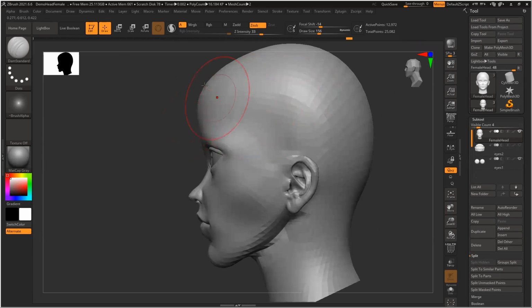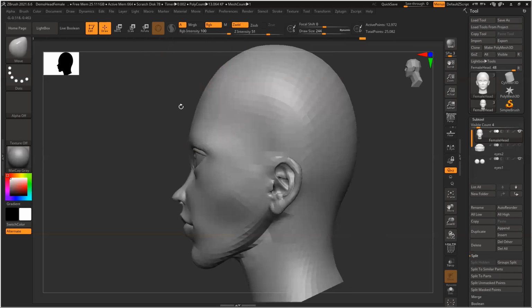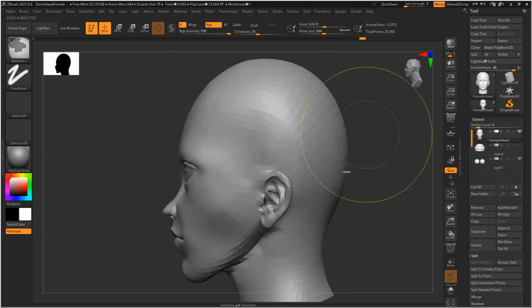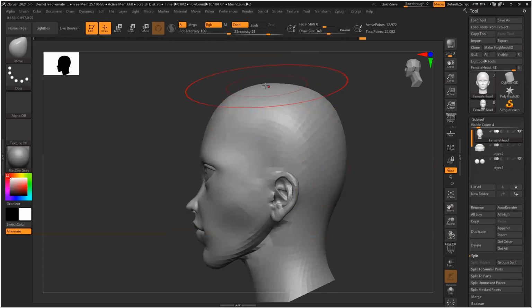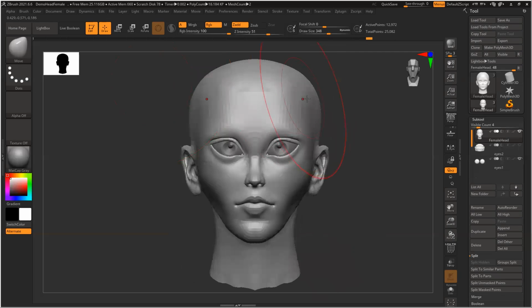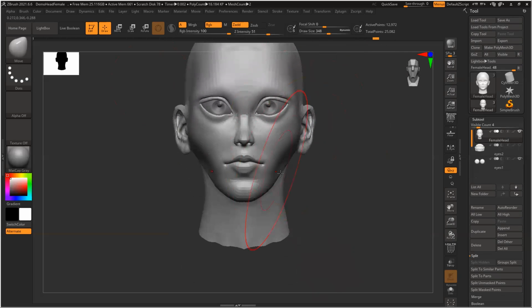So this thing now, forehead will go BMB, inside, reduce, sides, narrow it down, narrow it down.